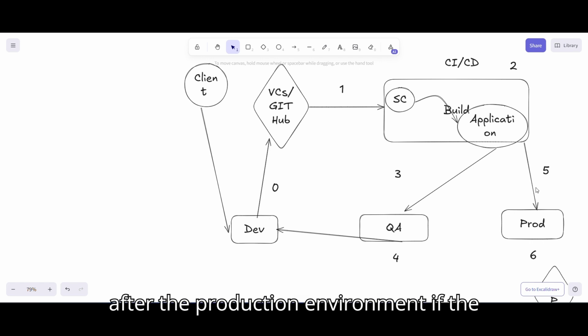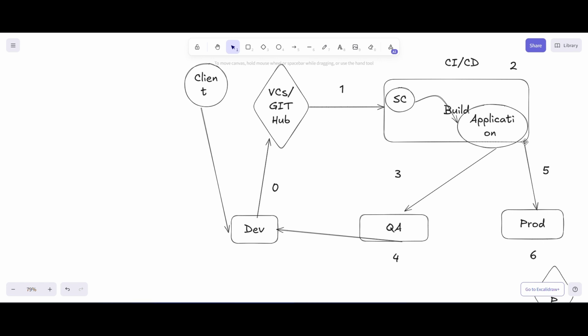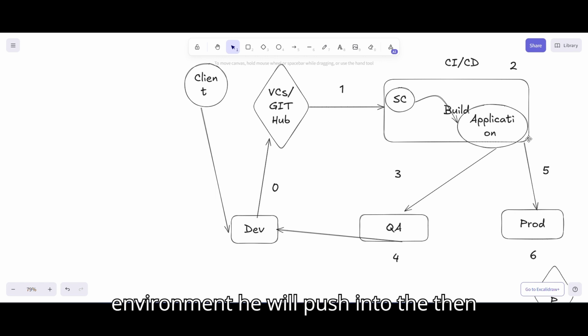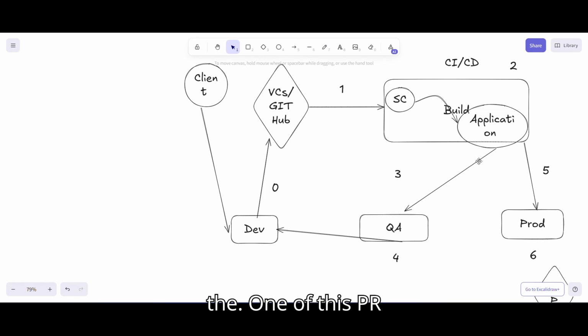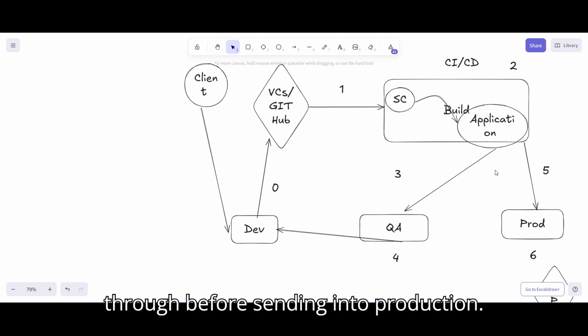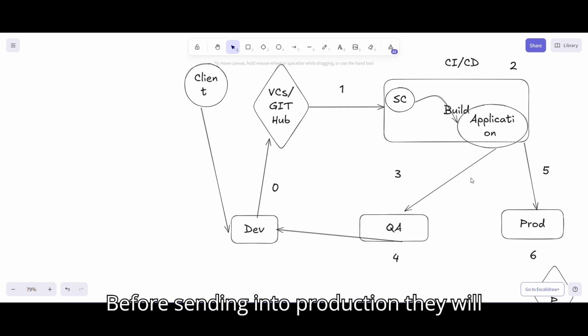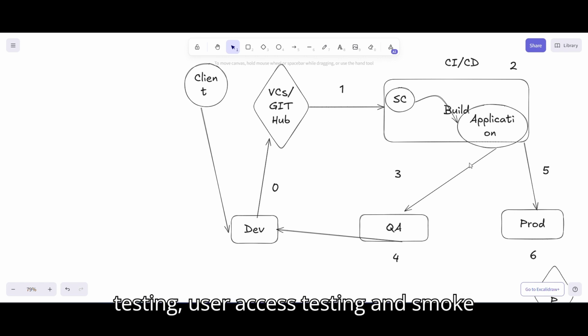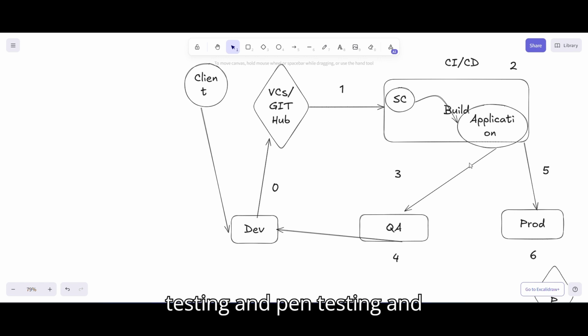So after the production environment, if the application is working in the QA environment, he will push it, and one of these pull requests is reviewed by the senior DevOps engineer before sending into production. Before sending into production, they will do some kind of UAT testing, user acceptance testing, and smoke testing,